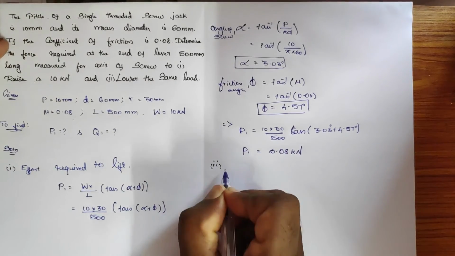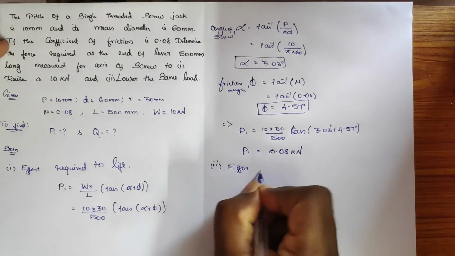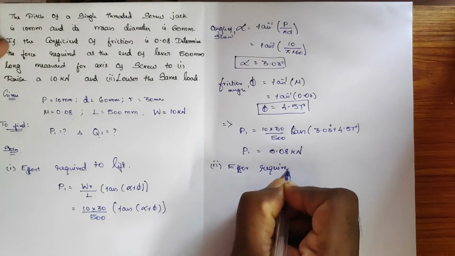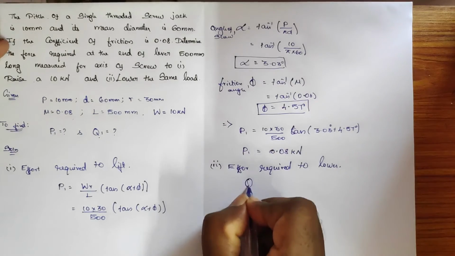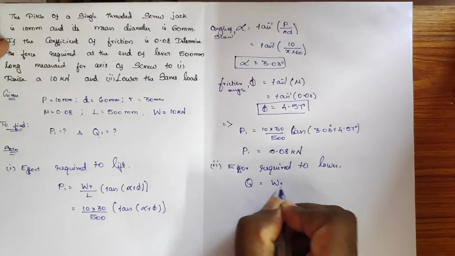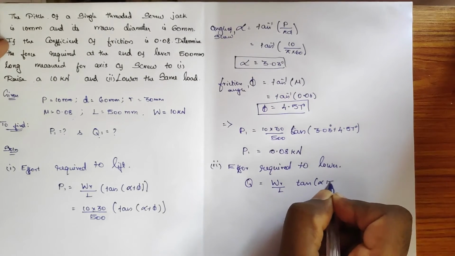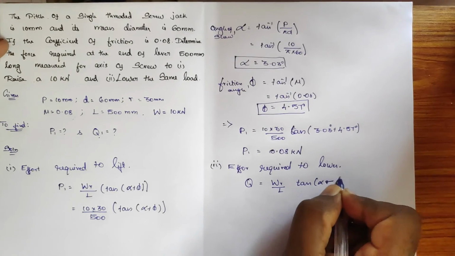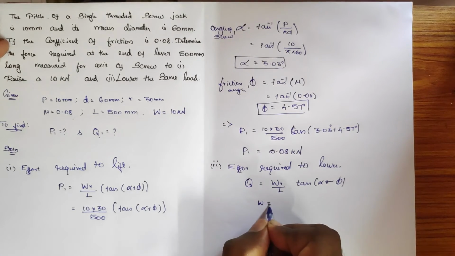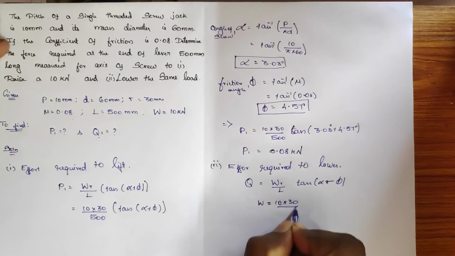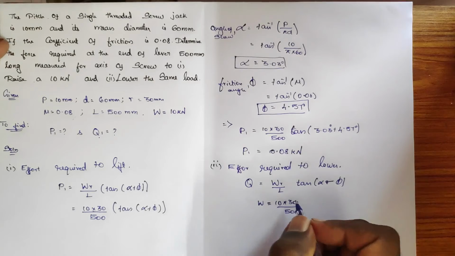The second one, Q1, which is the effort required to lower. So we know the formula, W into R divided by L into tan of alpha minus phi, it's the difference. So here just to substitute, we get 10 into 30 divided by 500, which is equal to tan of